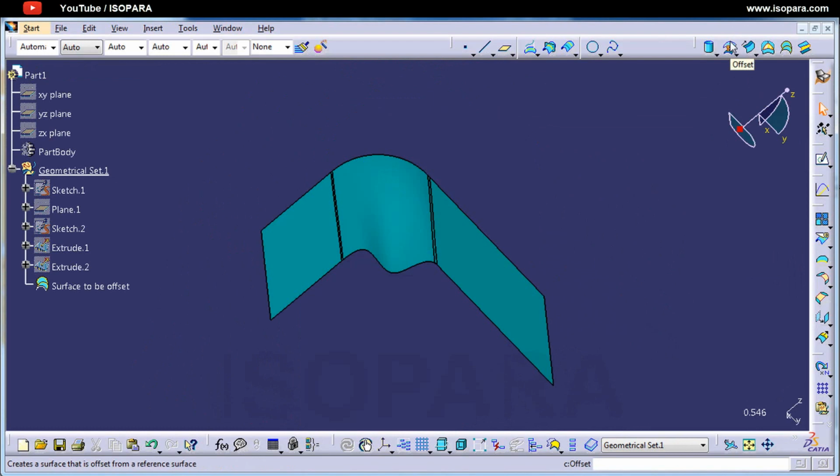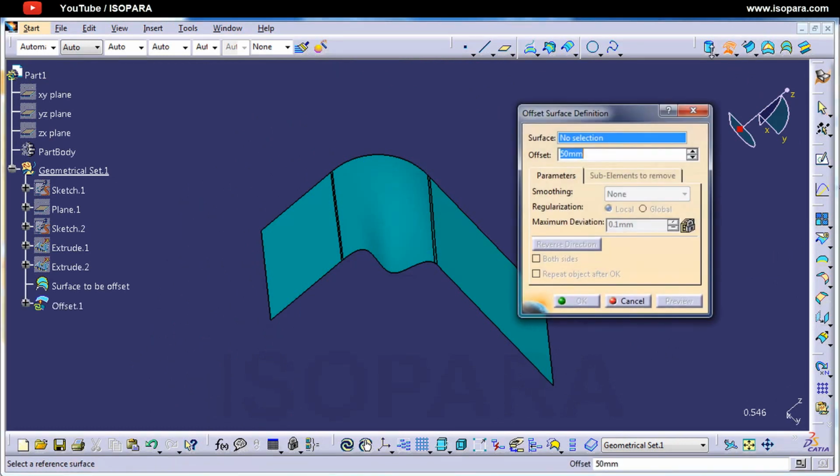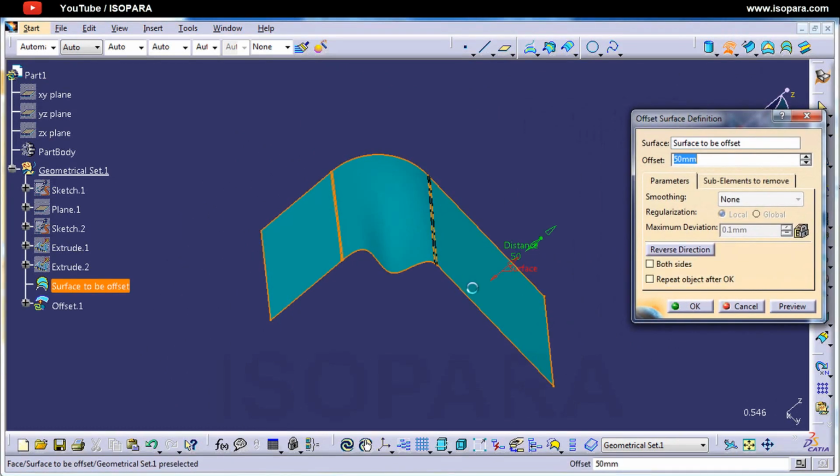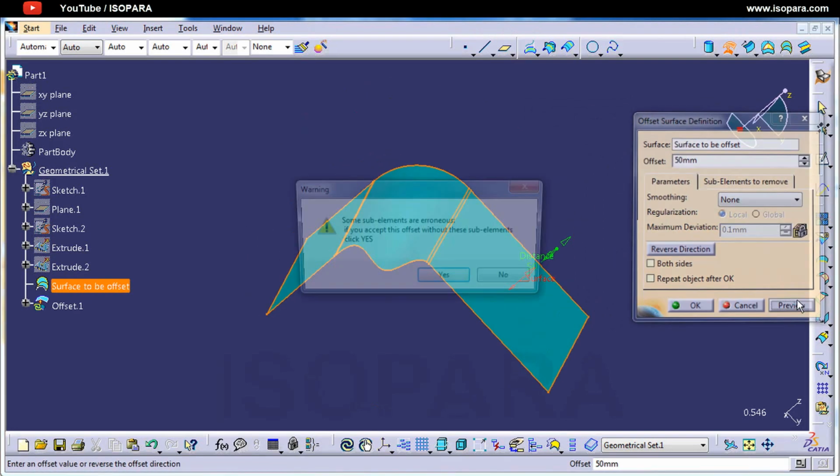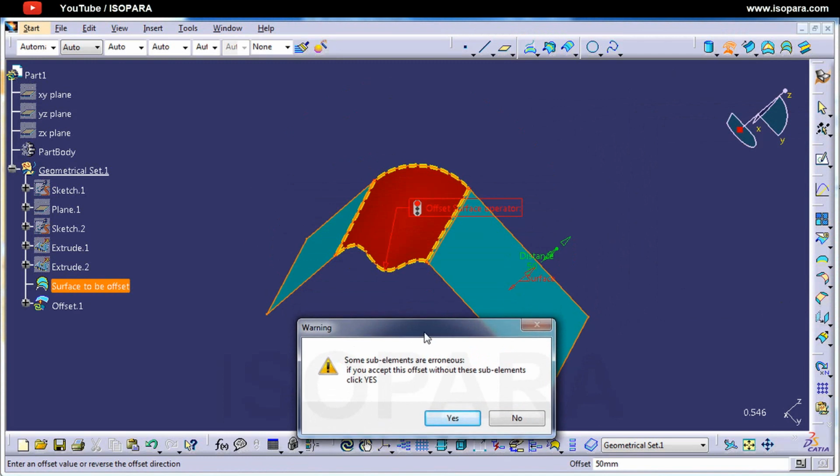Sometimes the offset surfaces are not really good, and if I'm going to select these kind of surfaces with a 50 mm value and click over the preview, they are showing me that these surfaces are erroneous. And let's suppose I don't want it to be selected as a sub-element. I want that surface too, but